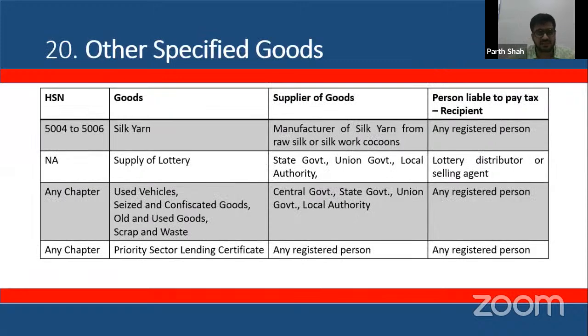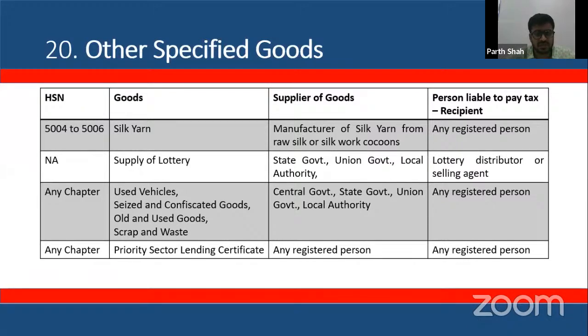The last set of entries, again, silk yarn. A manufacturer of silk yarn who supplies such silk yarn to any registered person, such registered person would be expected to pay tax. Supply of lottery, again: the state government, union government, or local authority who supply such lottery will not be required to pay tax under forward charge, but the lottery distributor or the selling agent is expected to pay tax under reverse charge